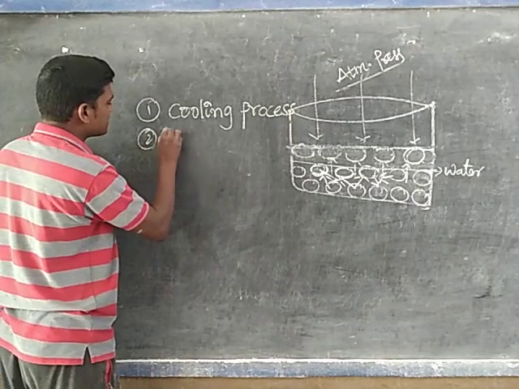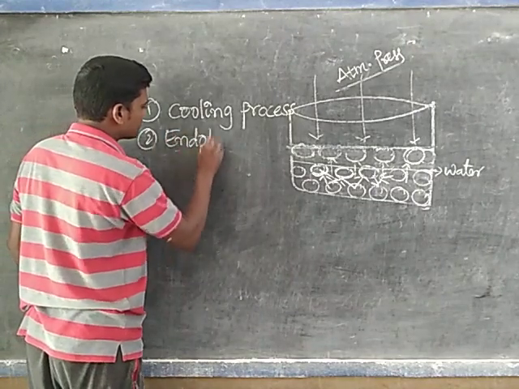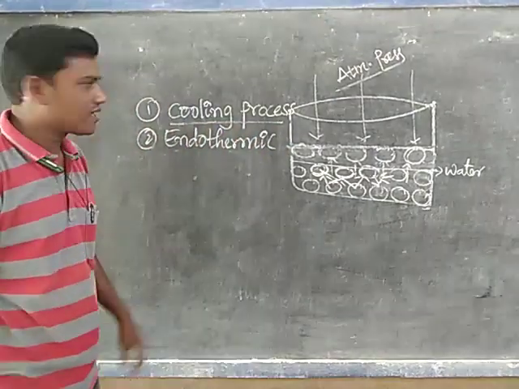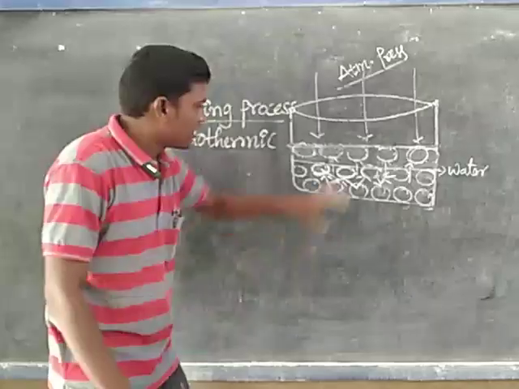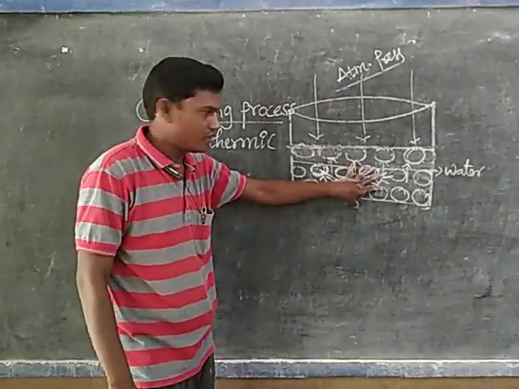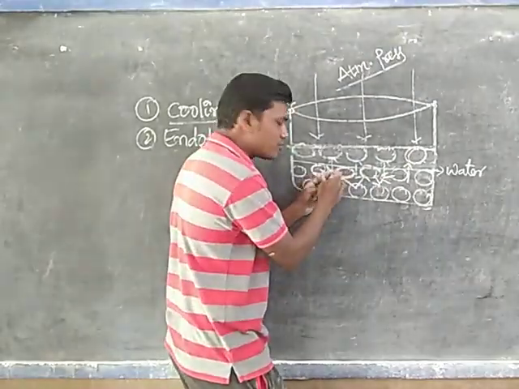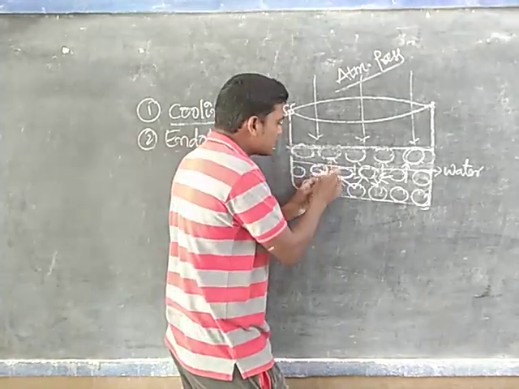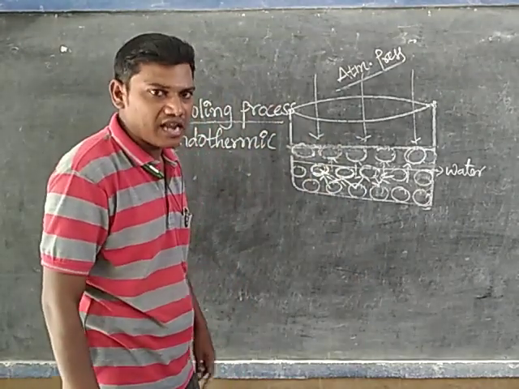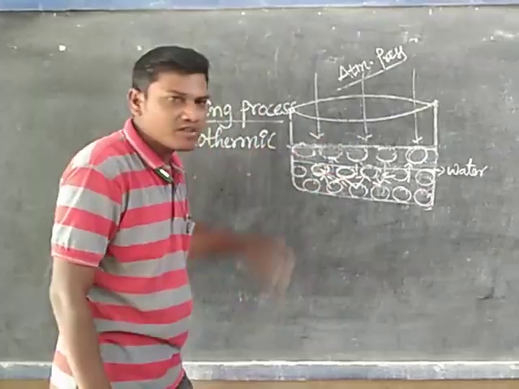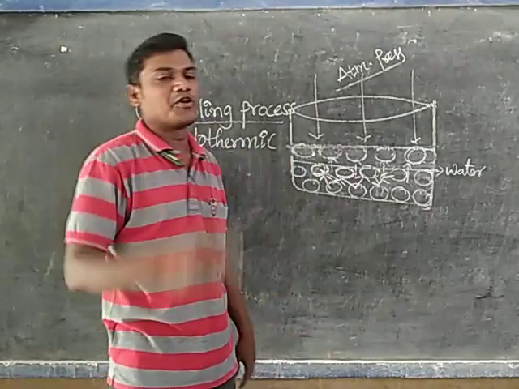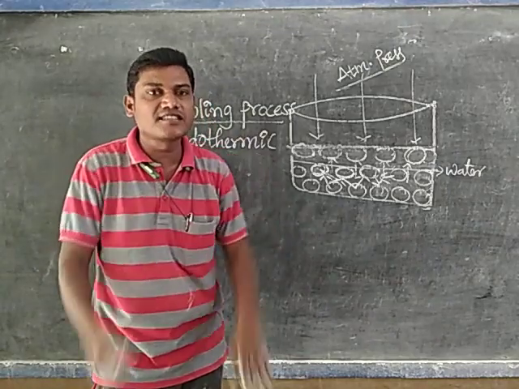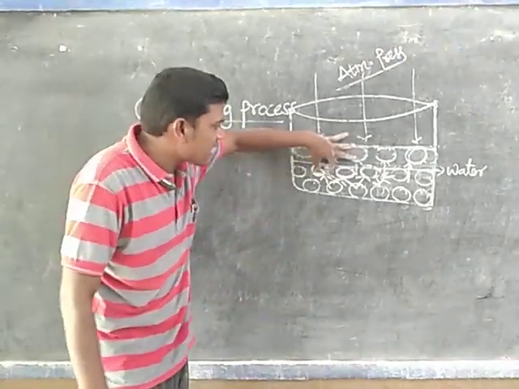And the second one, it is an endothermic process also. So how can we say evaporation is a cooling process? In this example, after the collision, the molecules transfer energy to each other, and after that some energy will move vertically upward. Finally, what will happen? They lose energy. Generally, we know that when two particles collide with each other, they lose energy, but they transfer the energy.